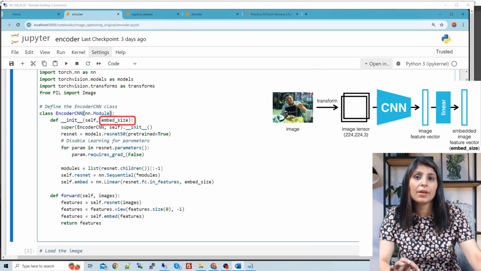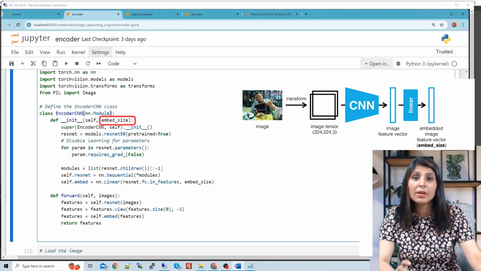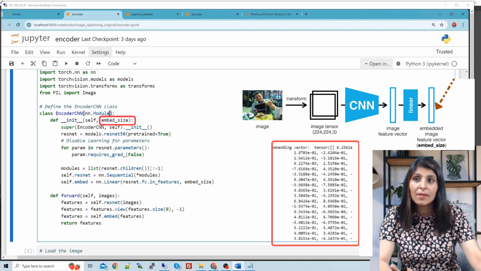This parameter is important because the image will be mapped to the embedding vector. Remember, while explaining the architecture in the CNN part, I told you this is the input image, and it will create an embedding vector like this. This embed size tells how many different values you want in that embedding vector.